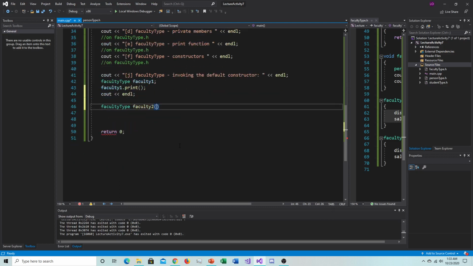Okay, so you included yourself in the student type. For this faculty type 2, since we're invoking the parameter constructor, I guess the values you can put in, why don't you put in the values of me, since I'm a professor. Okay, so we have to say first name first. So put my first name, Lawrence Orijuela, and then my age is 25. My discipline is computer science, like that. And then lastly, my salary. I'm not gonna put my real salary. I'll just put $100,000. That's not my real salary, but yeah. I don't think I'm allowed to tell people how much I'm getting paid. But anyways,